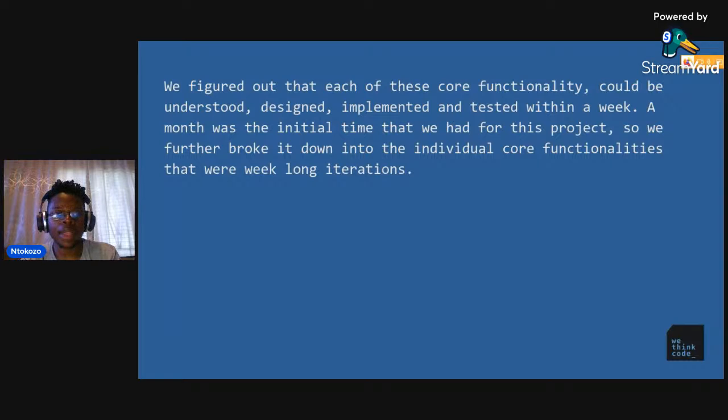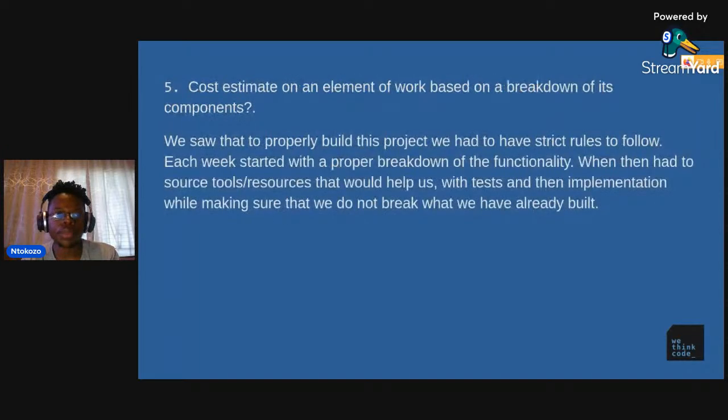A month was the initial time that we had for this project, so we further broke it down into individual core functionalities that were week-long iterations. Cost estimate on an element of work based on a breakdown of its components. We saw that to properly build this project, we had to have strict rules to follow. Each week started with a proper breakdown of the functionality. We then had to source resources that would help us, with tests and then implementations, while making sure that